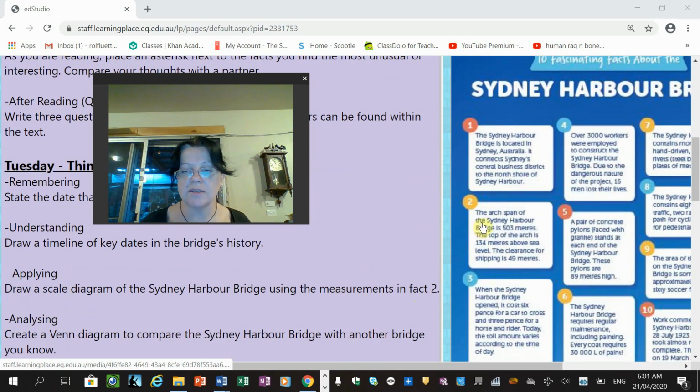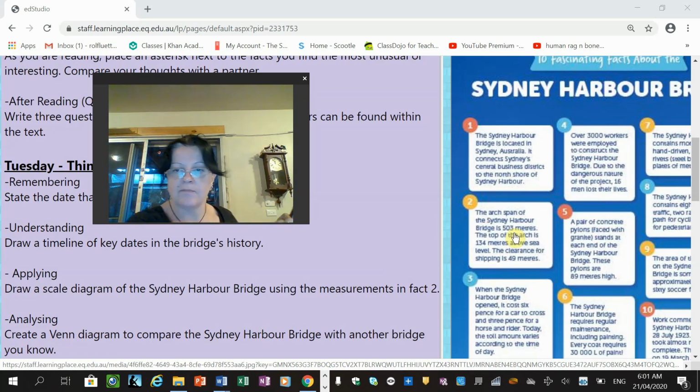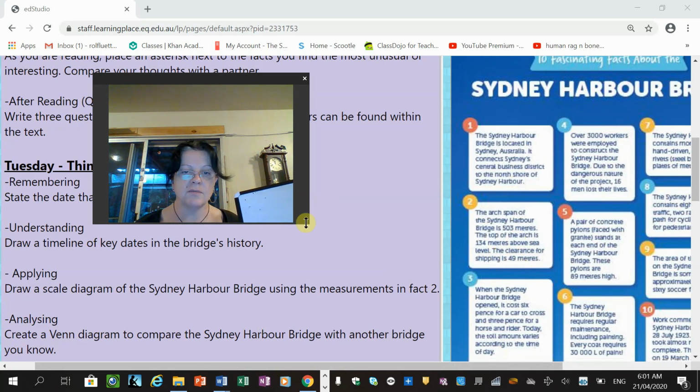In Fact 2, it says the arch span of the Sydney Harbour Bridge is 503 metres, the arch span, so from the top to the bottom. Okay, and then the top of the arch is 134 metres above sea level. The clearance for shipping is 49 metres. Okay, so if we're going to draw this in our books,